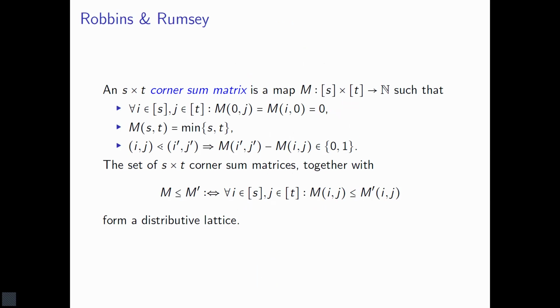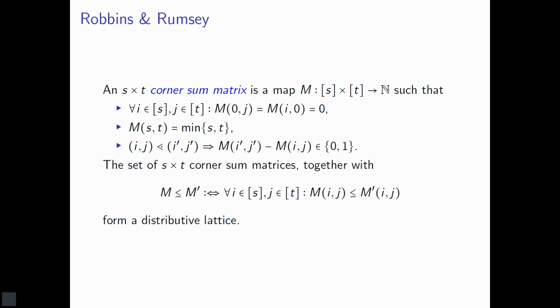I guess this is about ASMs, and one guise of ASMs, maybe, are the corner sum matrices, which we have seen just before in Anna's talk. And actually, I think these are the objects I like most. So an S times T corner sum matrix is a map. We should think of it as a matrix from the set 0 up to S and 0 up to T to the natural numbers